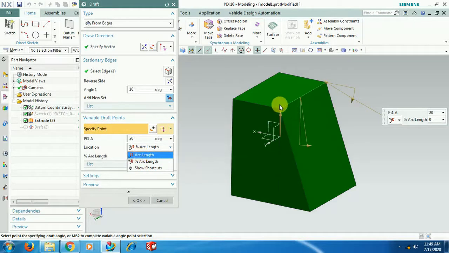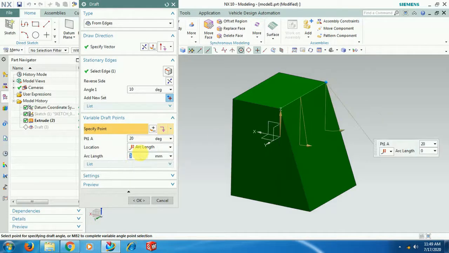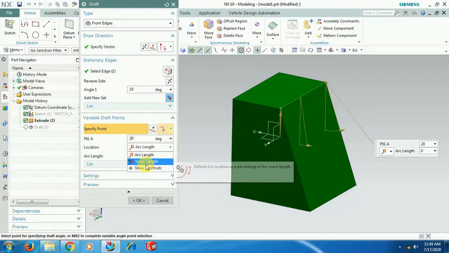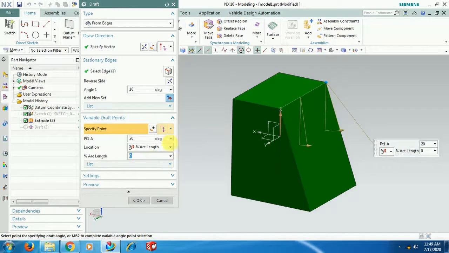If you know the length of the edge, select arc length and give the value: at 20 mm I want some angle, at 50 mm some angle. But here, since I drew this length and width randomly, I select percentage arc length. Now at 0% 20 degrees, and at 20% the draft angle should be 40.